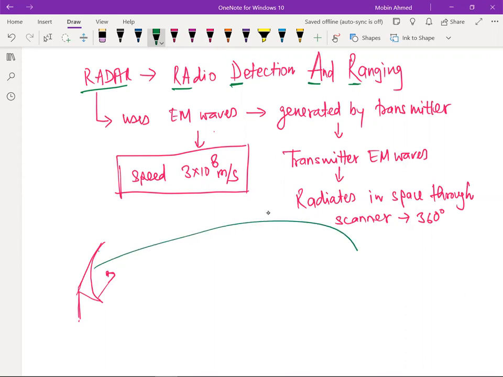So basically it is making a shape like this. This is in space, means it is going to have a vertical extent, means it is going to have a height. So this is known as a